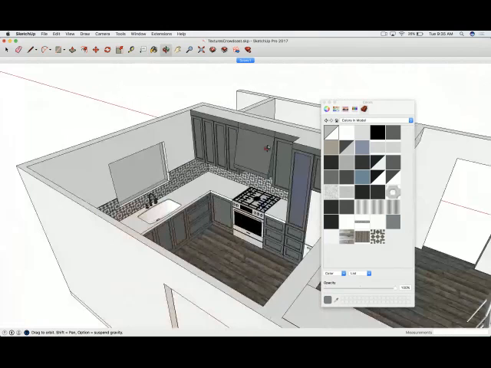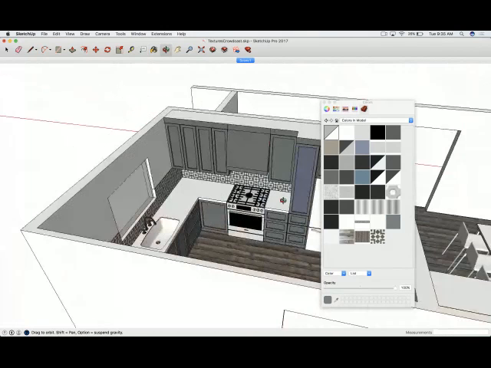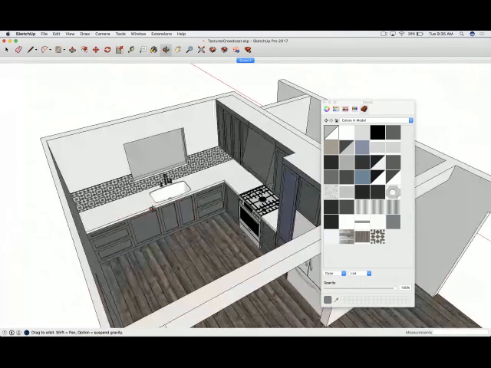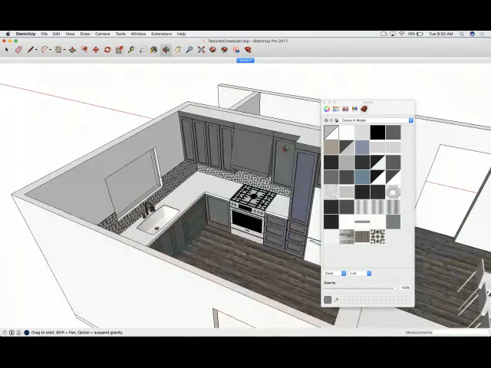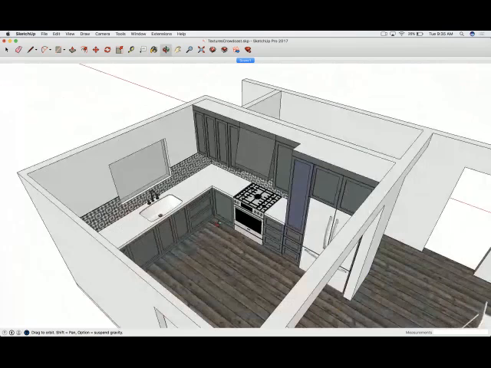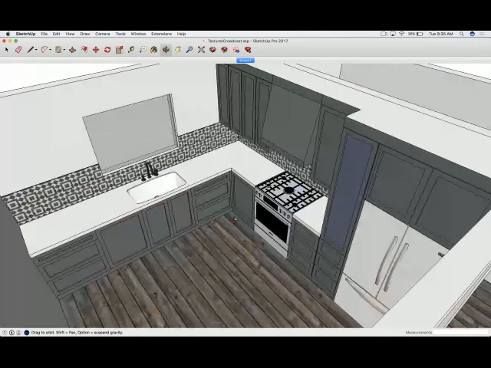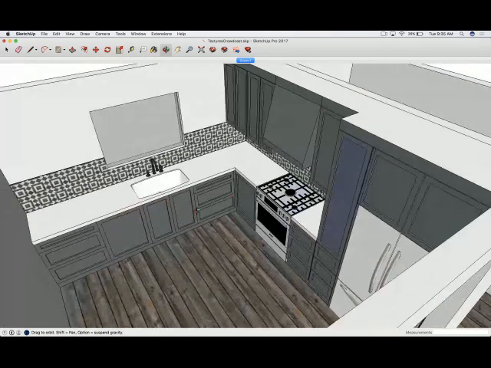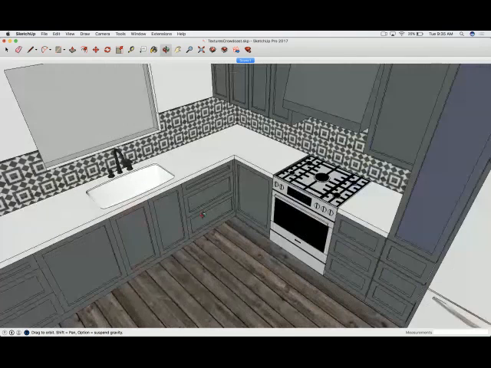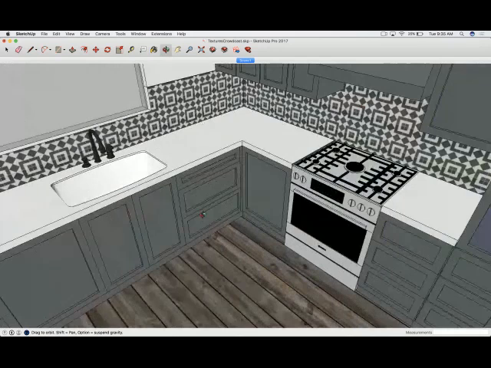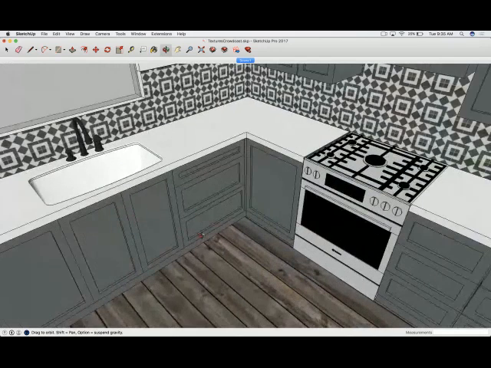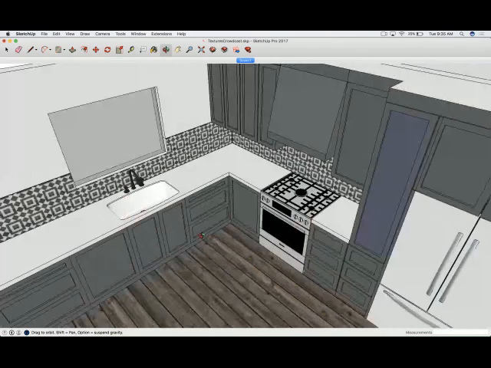So let me see if I can find an adjacent. Nope, they're all connected. Okay, does that make sense to everybody? So shift is everything that was that color changes to the new color. And option or control, if you're on a Mac or on a PC, option and control is every color that's adjacent to that face. Okay, so we've changed our cabinets to